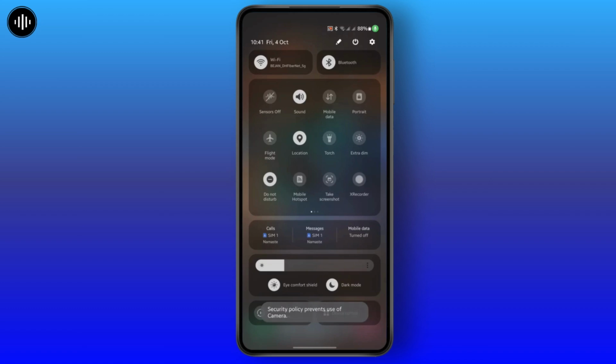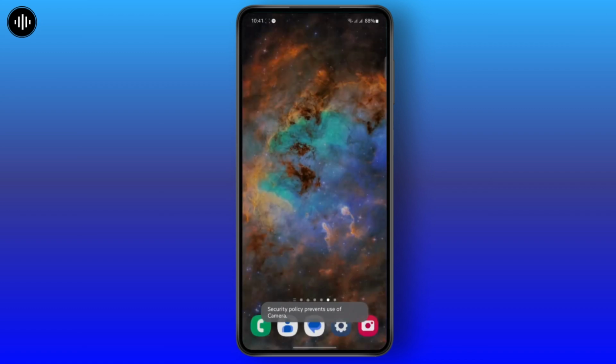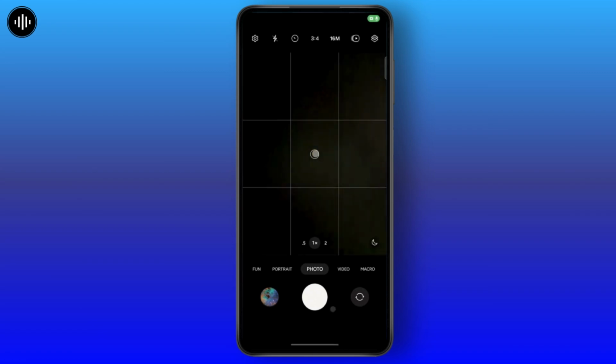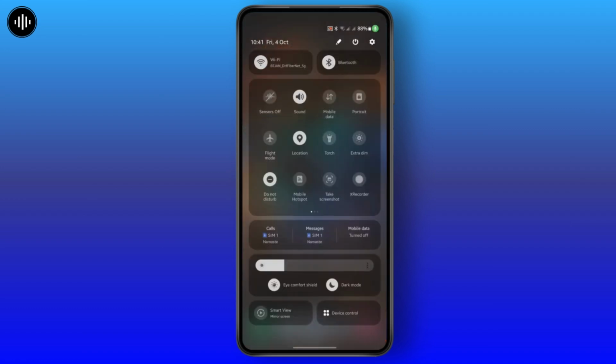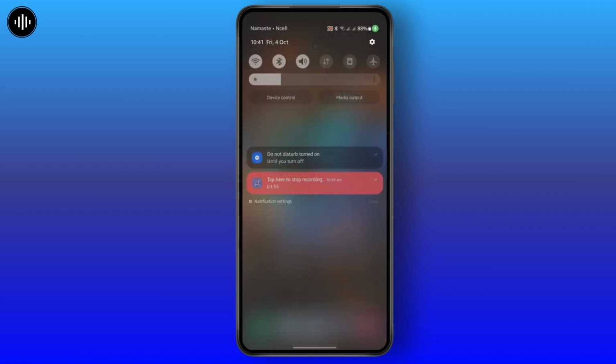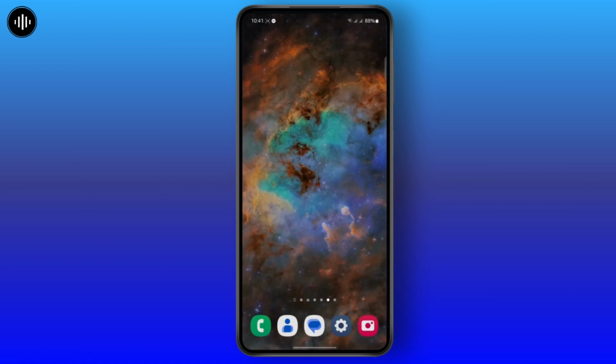So as you guys just saw there, I was not able to open my camera, but if I turn it off, I'm easily able to access my camera as well. My microphone access was also cut off when I turned it on. So if I just turn on the sensors off option, it will cut off all of your camera and microphone